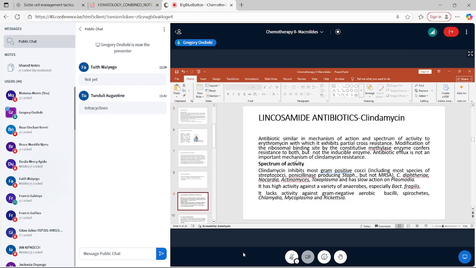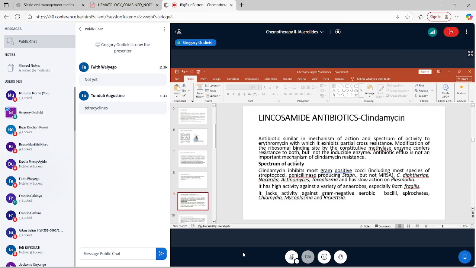Now, we go to antibiotics that you will not meet very commonly unless you are in well-established facilities. Lincosamides, an example is clindamycin. It's the only member of that group, and its mechanism is quite similar to that of erythromycin,